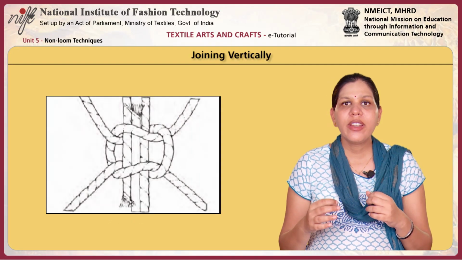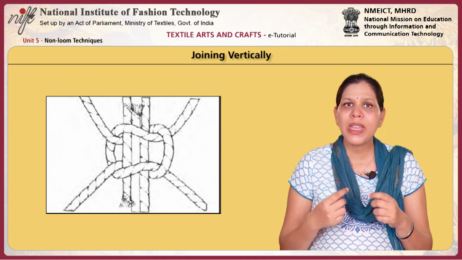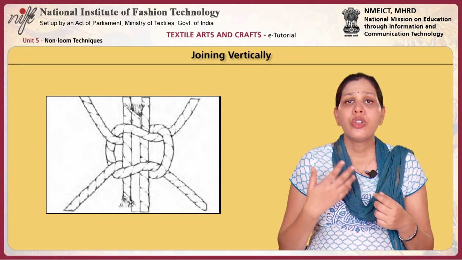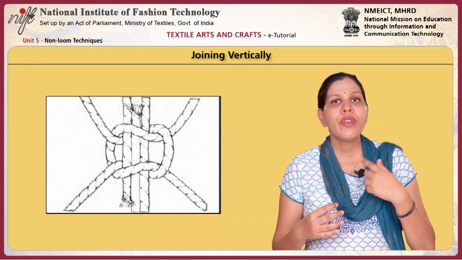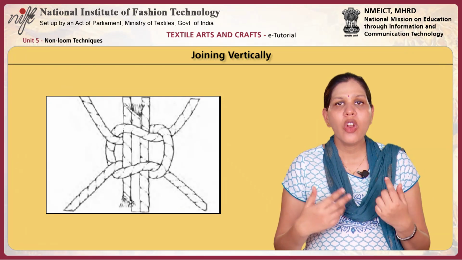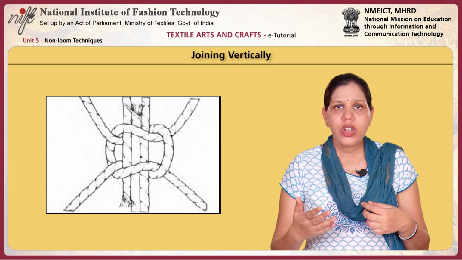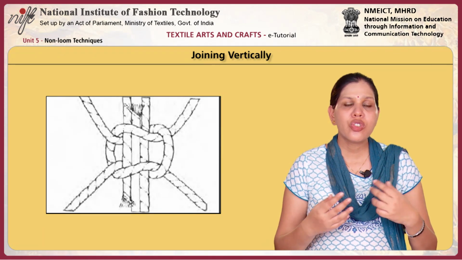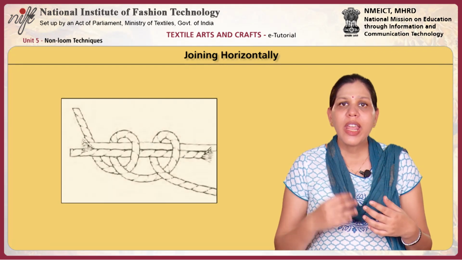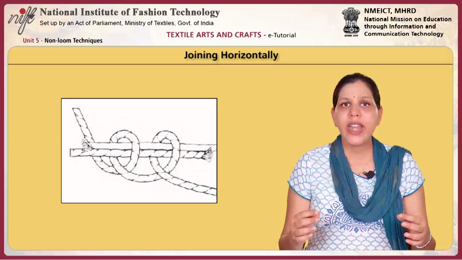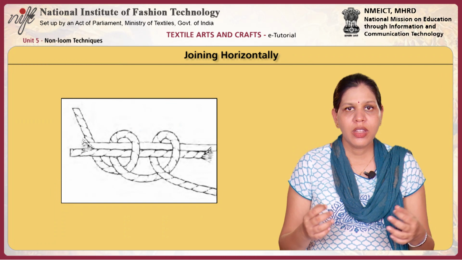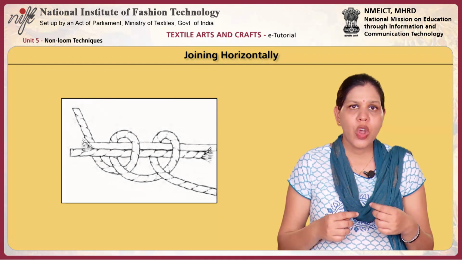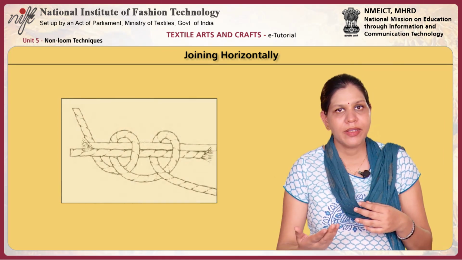If a working thread turns out to be too short, a new piece can be joined in. To do this, introduce the new length of thread into the core of a flat knot or vertical cording knot. Work the knot over the join and take the ends to the back. Lay the new length of thread along beside the leader in a row of horizontal cording. Work the knots over the joint and take the ends to the back.